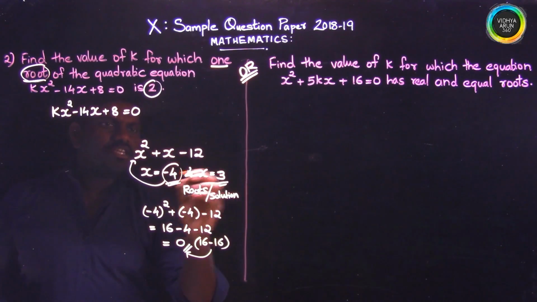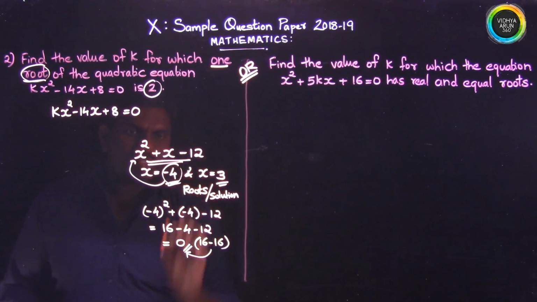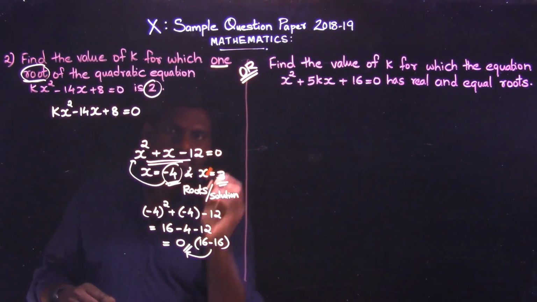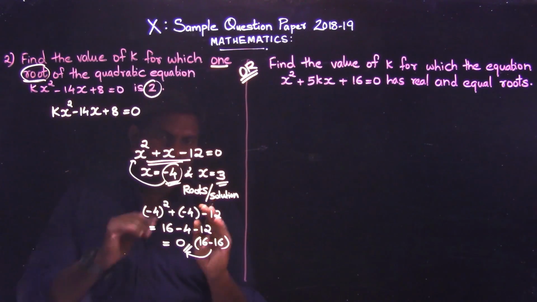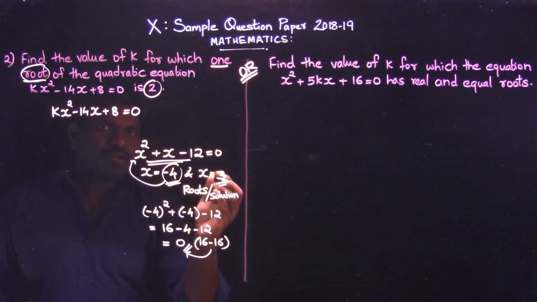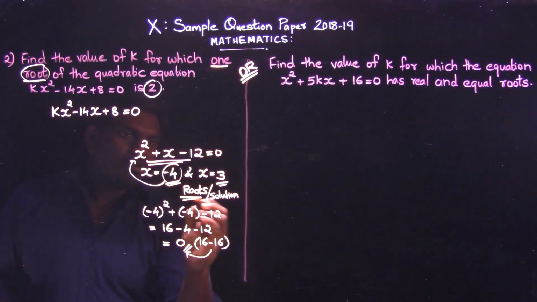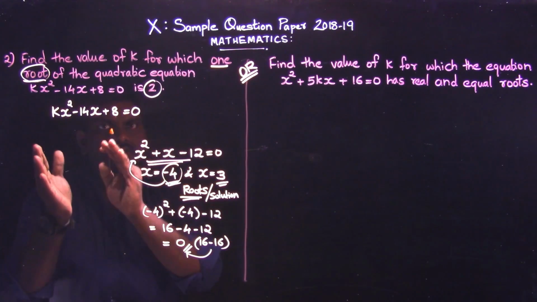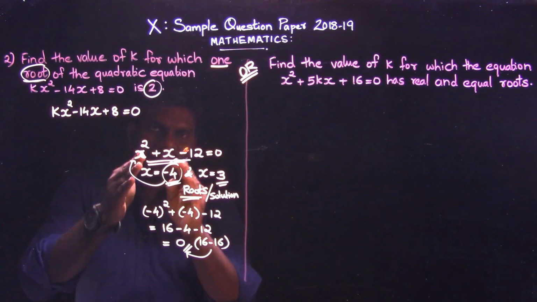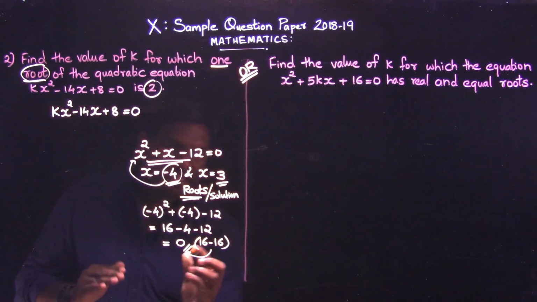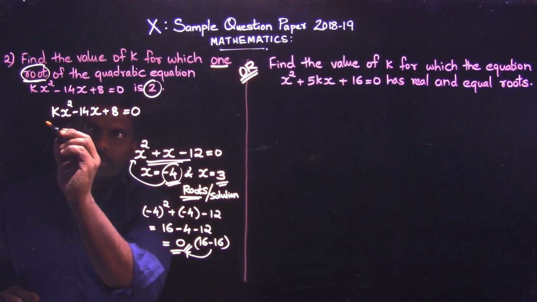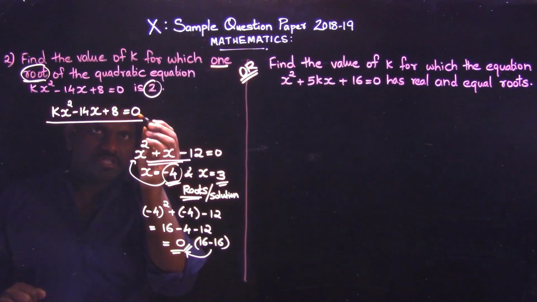So these two values, when you apply them in this quadratic equation, give a solution of what? 0. If it is equal to 0, then the solution is your minus 4 and minus 3. So these are called what? Roots. Here also you need to keep that logic. A root is what? If you apply it in this quadratic equation, you will get the value 0. So already a quadratic equation is given, which is equal to 0.